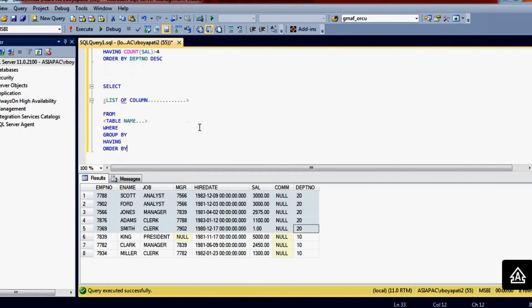So this is the order we have to follow everywhere. You can't alter the order of the SQL command. For example, you can't write the ORDER BY clause before the GROUP BY, or write GROUP BY last. No. If you don't want to write a clause, you can ignore it. It's not mandatory to always use all of these clauses. We are calling all of these clauses.